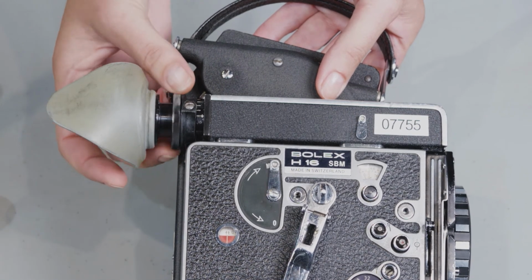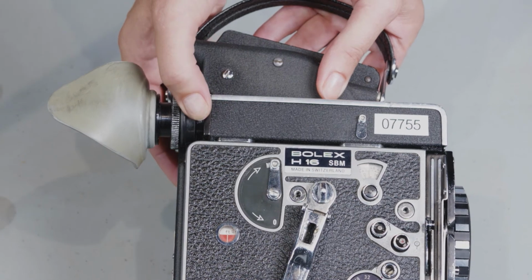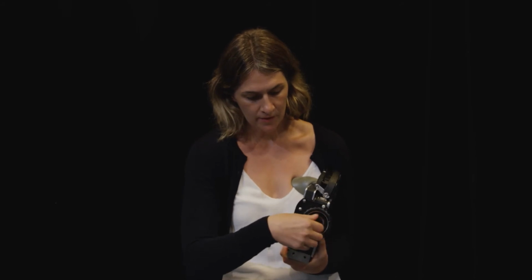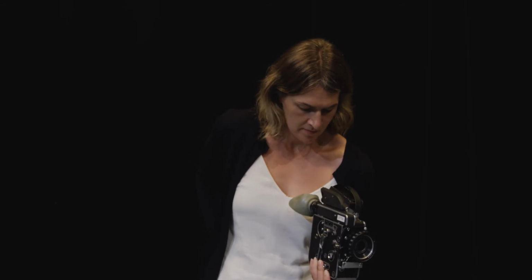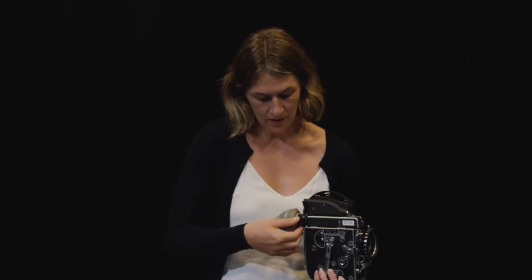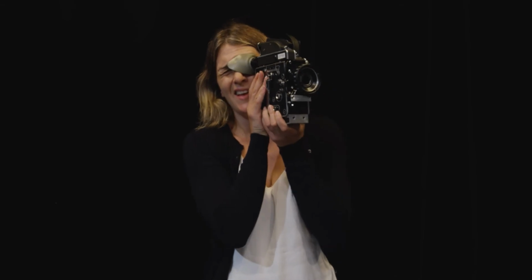And then over here, you would set the diopter. This is called the locking ring. And you need to unscrew that in order to be able to change the focus of the eyepiece. To set the focus on the diopter to your own eyes, you'll want to first remove the body cap. Loosen the locking ring here, and then you'll put the eyepiece up to your eye,